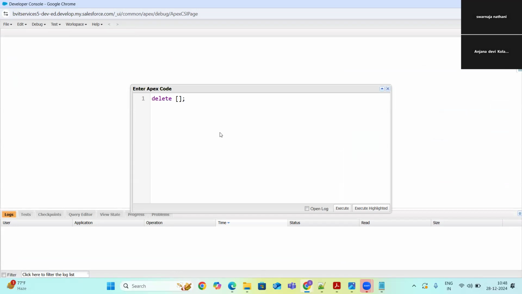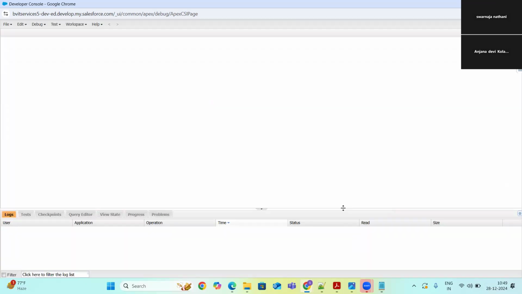But developers will never delete like that. Developers will write a small query, select ID from case where ID equals to whatever the ID I copied, the account ID. This is a simple query which will get all the cases associated to that particular ID, and delete is the one we use to delete the cases. So they'll just simply execute.